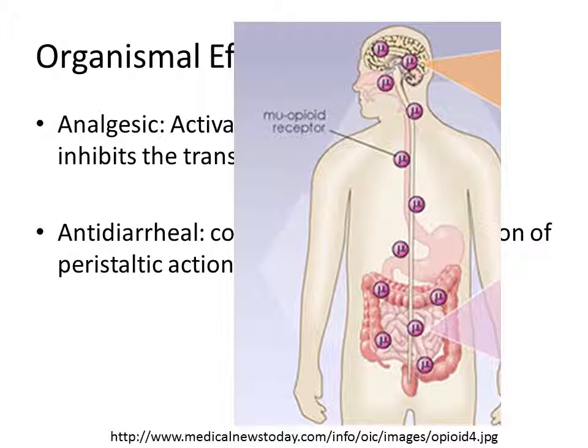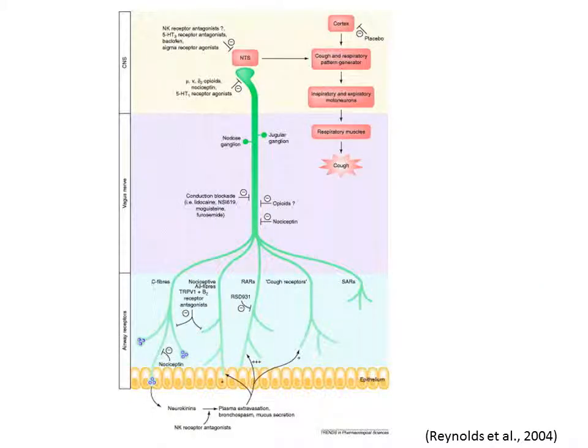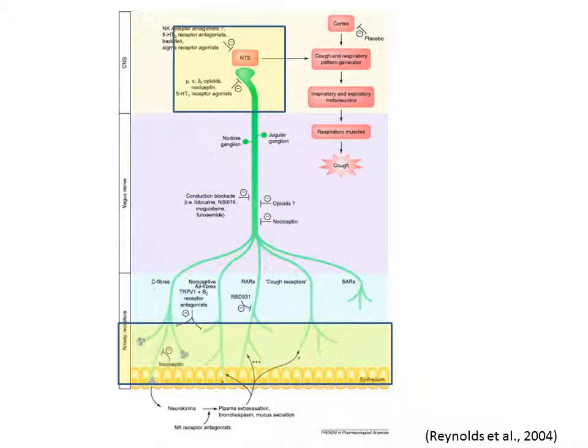Another common use of codeine is in cough syrups. Coughing is suppressed by codeine because its metabolites interact with the mu opioid receptors in the respiratory center of the brain. When sensory neurons send stimuli to the central nervous system because of irritation, opioids inhibit the transmission of the signal to the respiratory center. As the signal never reaches the cough generator, no stimuli is transmitted back down, and no cough will be initiated.